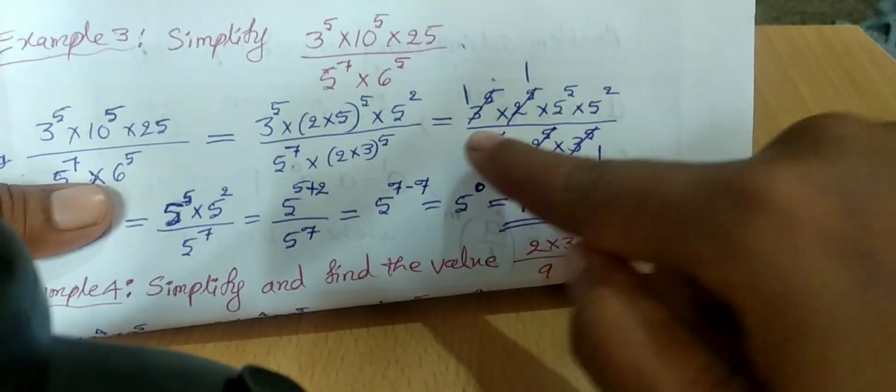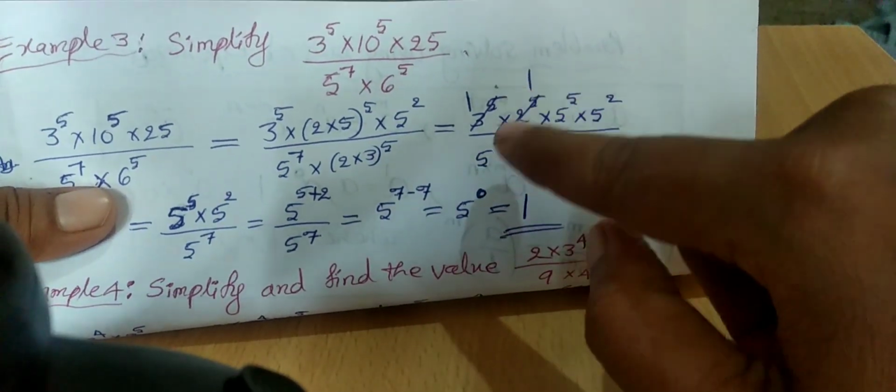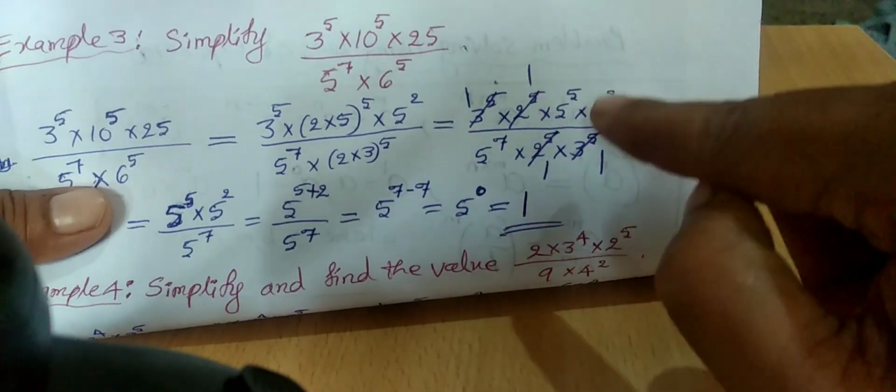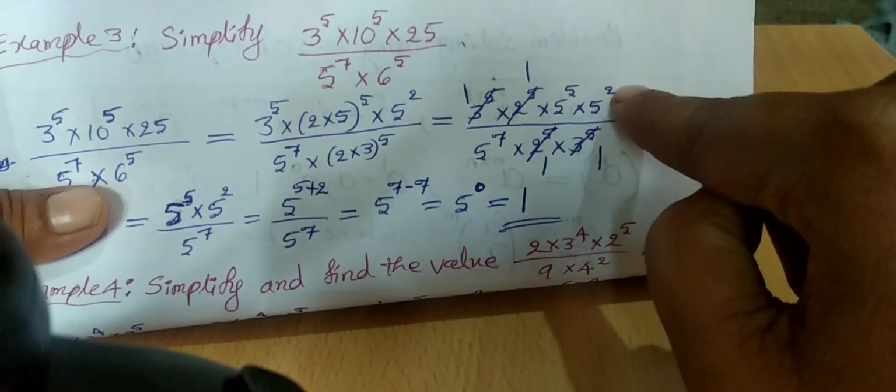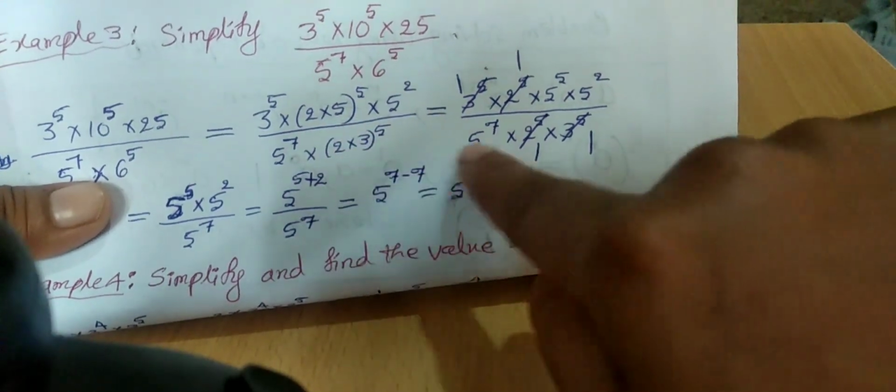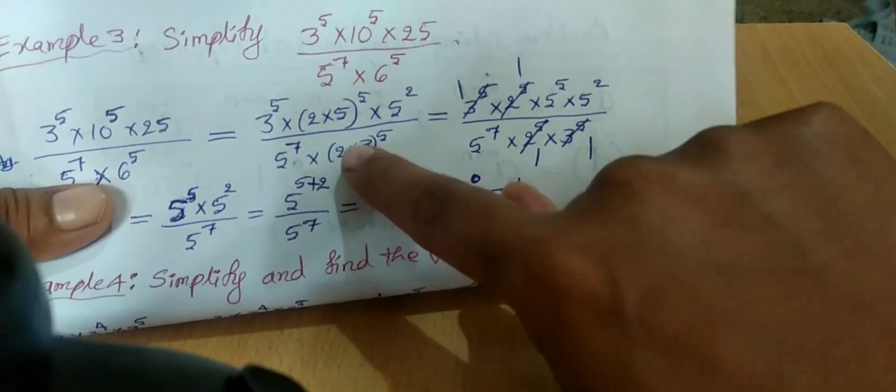Here, 3 to the power 5, 2 to the power 5, 5 to the power 5 and into 5 square, divided by 5 to the power 7 into 2 to the power 5 into 3 to the